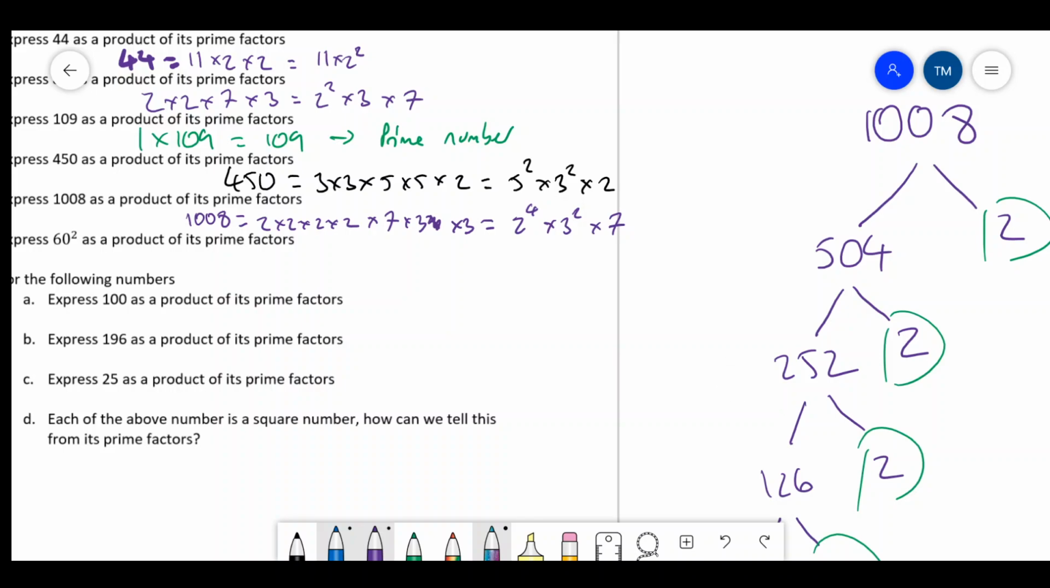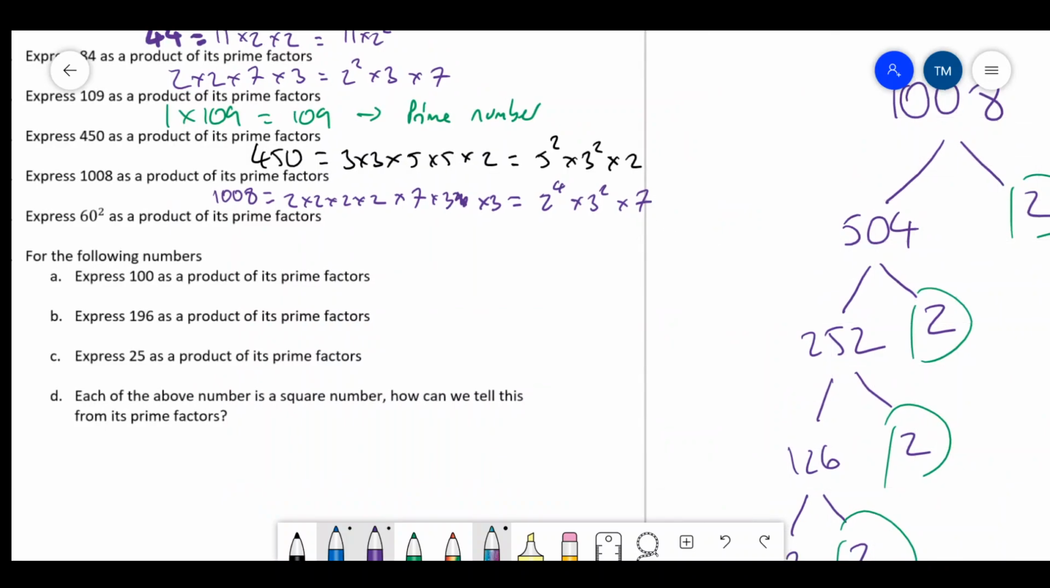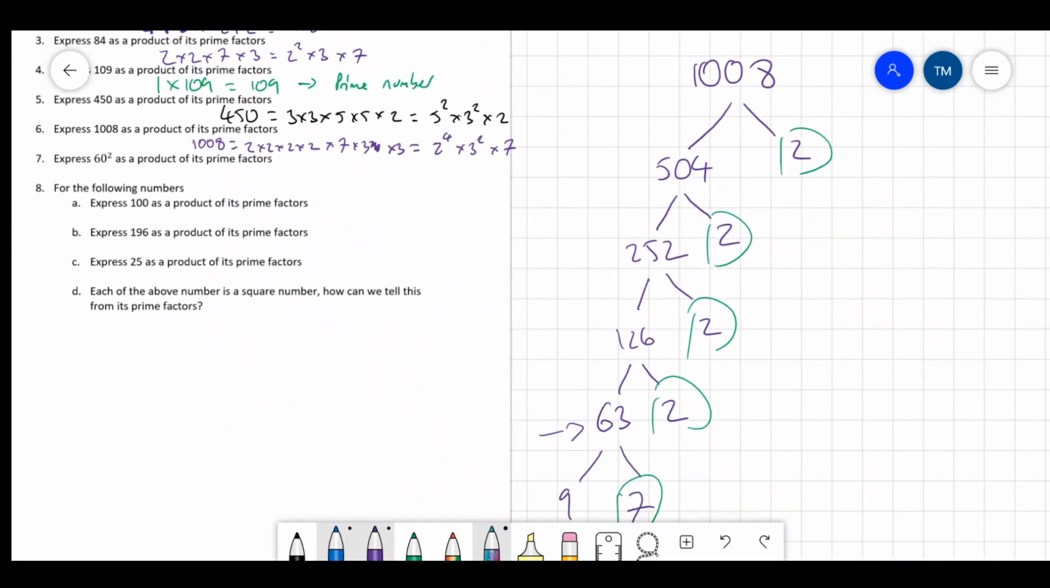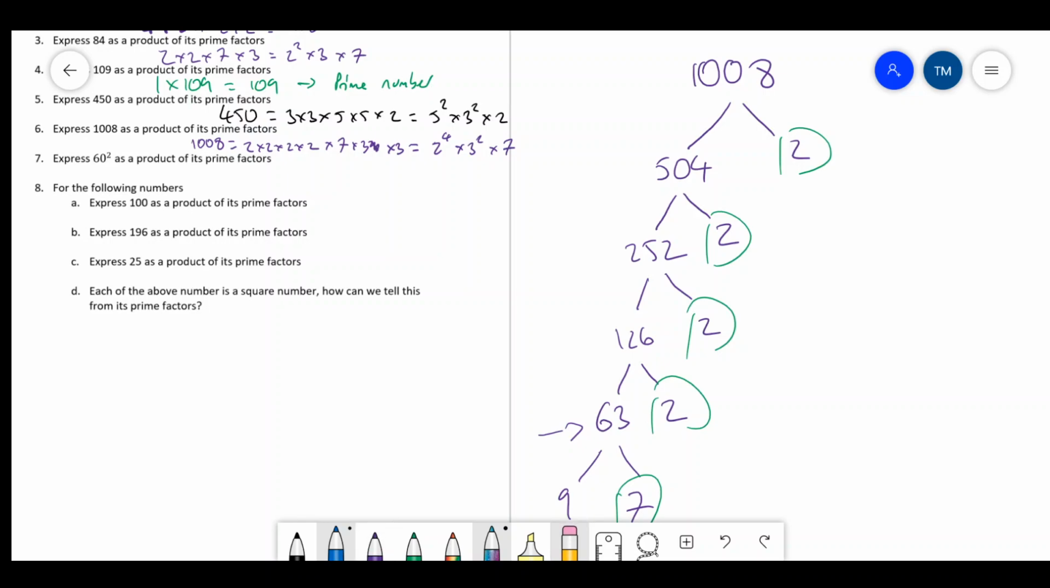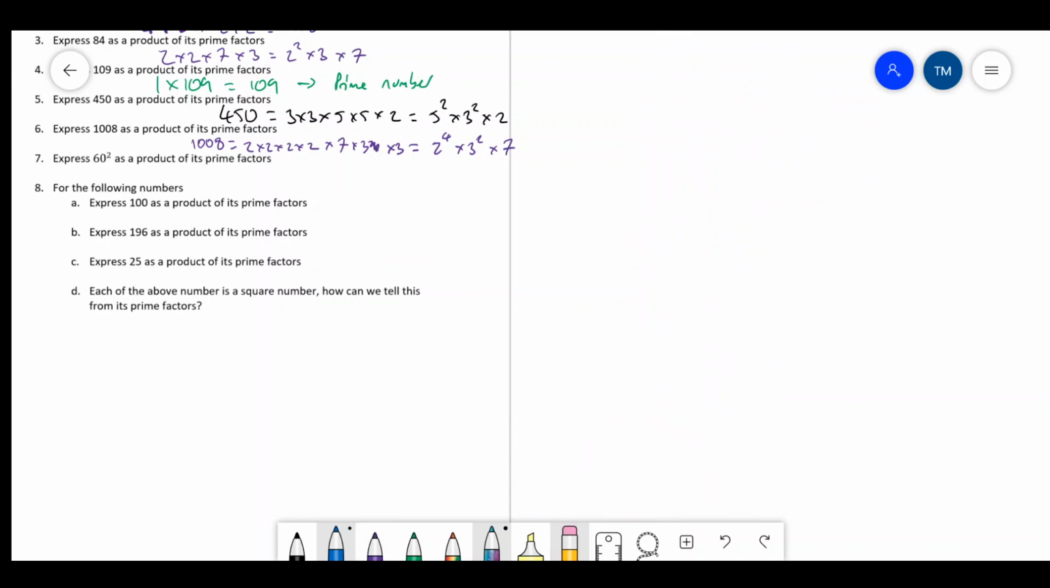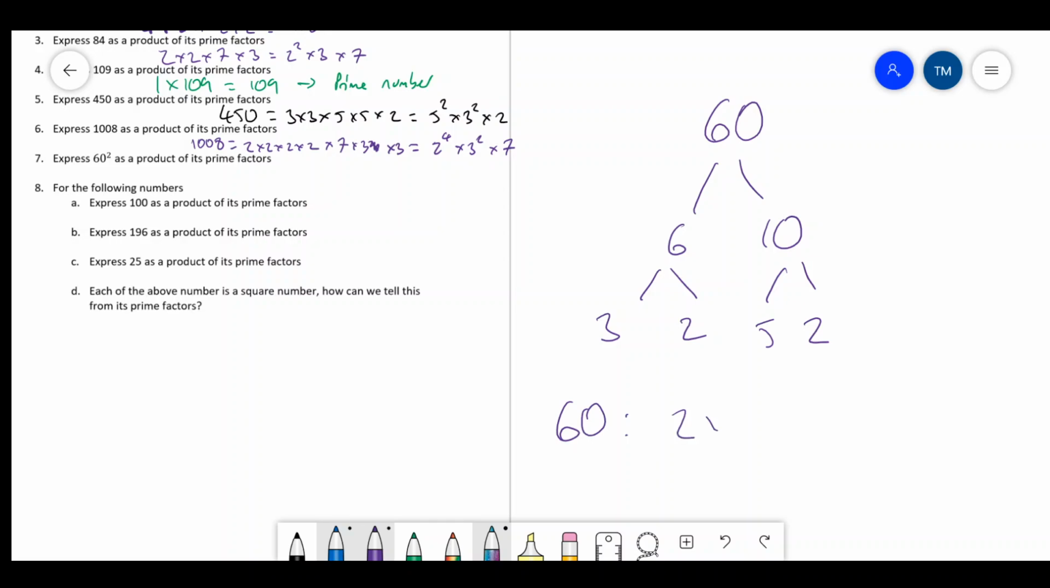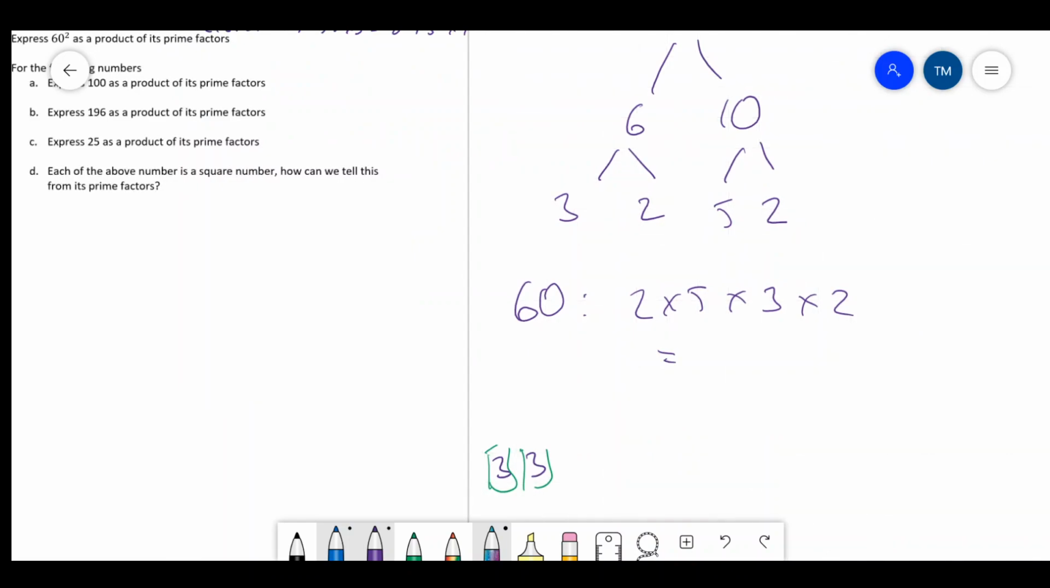Okay, now for a question that might be a little bit harder than GCSE, certainly in the higher levels: express 60 squared as a product of its prime factors. To deal with these types of questions, the first thing you should do is express 60 as a product of its prime factors. So let's have a look at 60. 60 can be split up into 6 and 10, with 6 going into 3 and 2, and 10 going into 5 and 2. So 60 is 2 times 5 times 3 times 2, which is equal to 2 squared